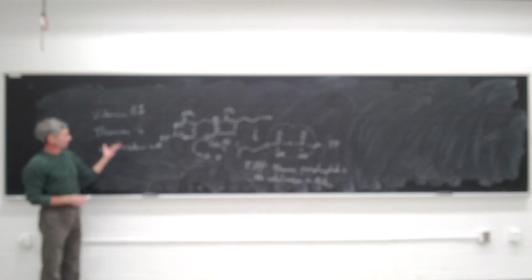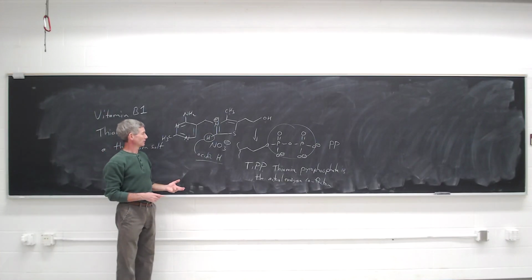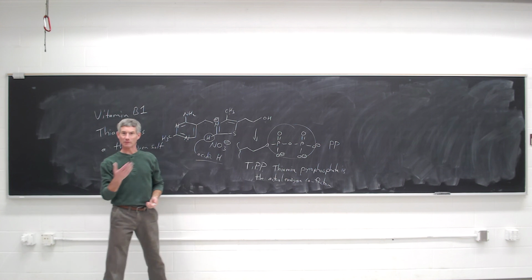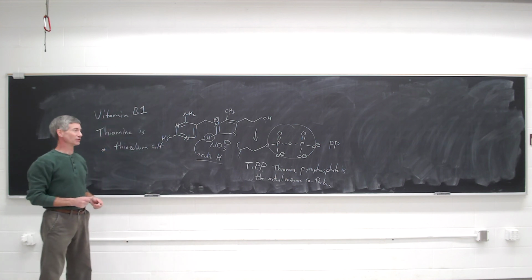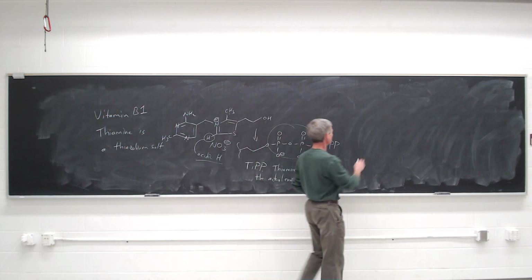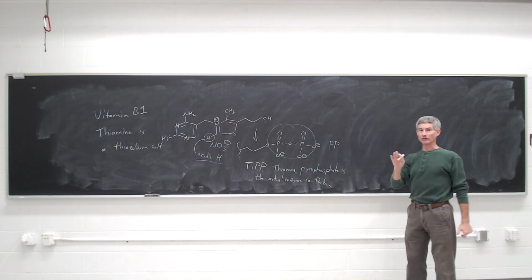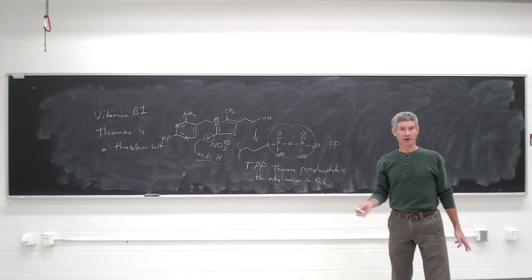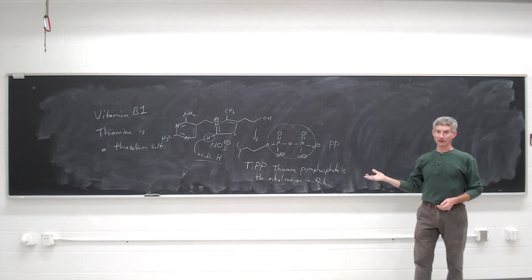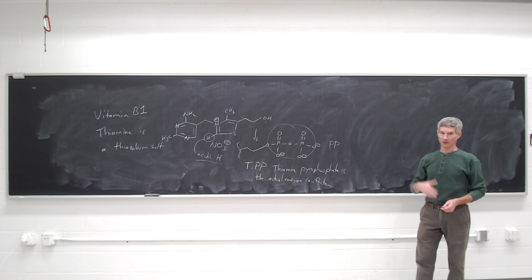So the thiazolium salt that we use is a simpler version. It has just a regular alkyl chain on here instead of this pyrimidine ring. But the mechanism of operation is the same. And in both cases, the purpose is to take the aldehyde hydrogen and render it acidic enough to be removed by a base to form something that looks like, well, that doesn't look like an acyl anion, but behaves as an